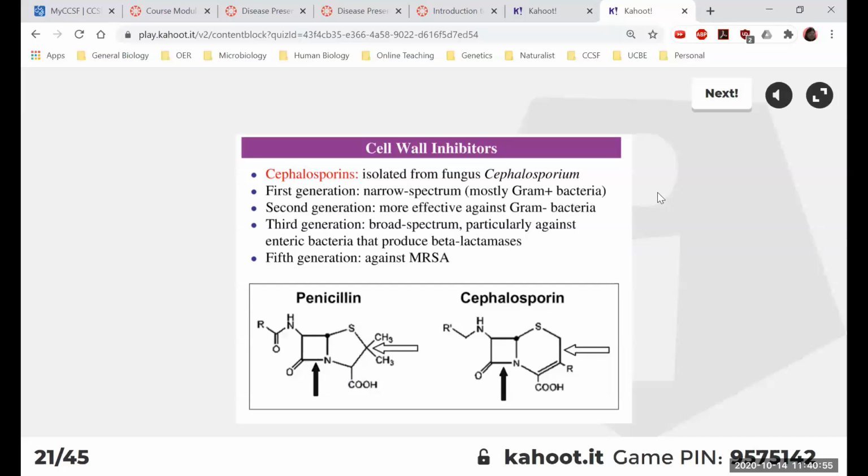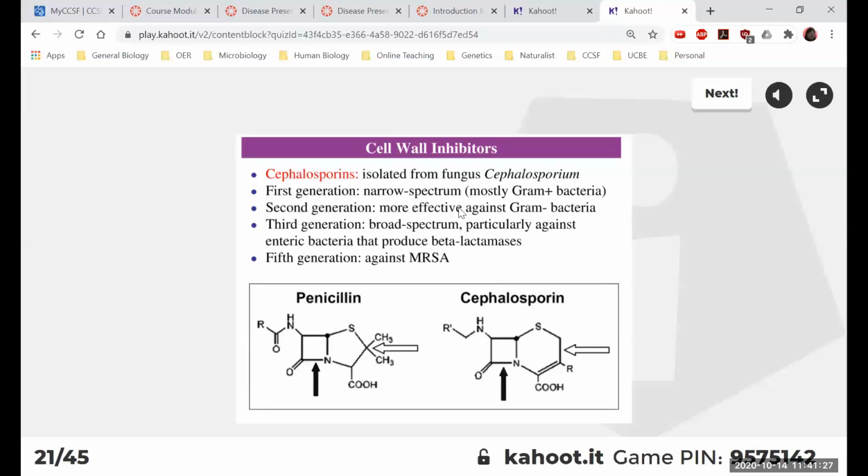So that's penicillin, so that family of cell wall inhibitor. Another large family of cell wall inhibitor are cephalosporins. So the initial cephalosporin, the first generation, is also a natural compound coming from the fungus Cephalosporium. The story is actually really similar to penicillin. So if you look at the chemical structure of cephalosporin versus penicillin, it's also a beta-lactam drug because it also has the beta-lactam ring. The first generation mostly targets gram-positive bacteria.